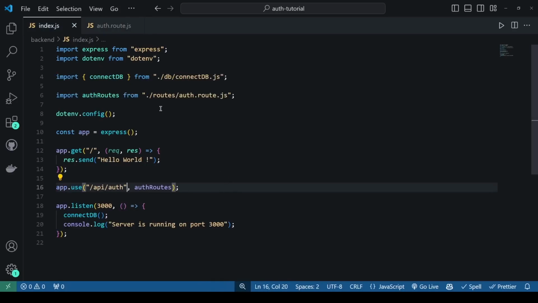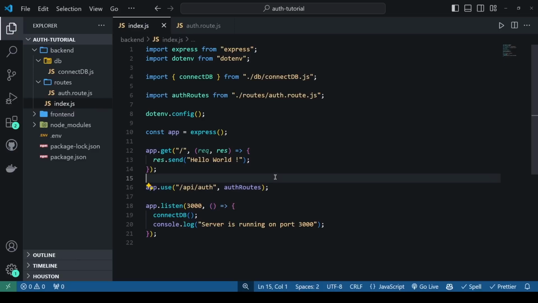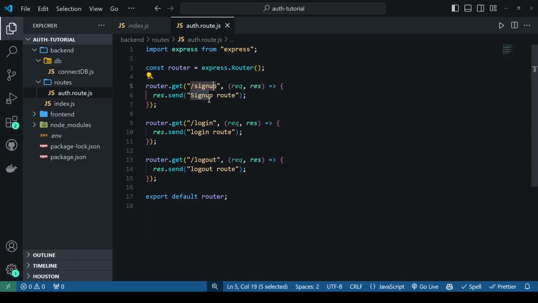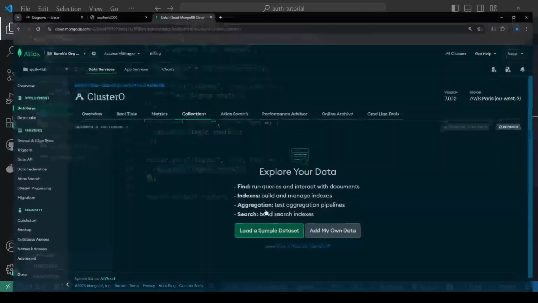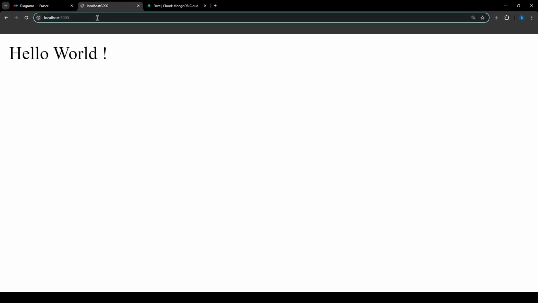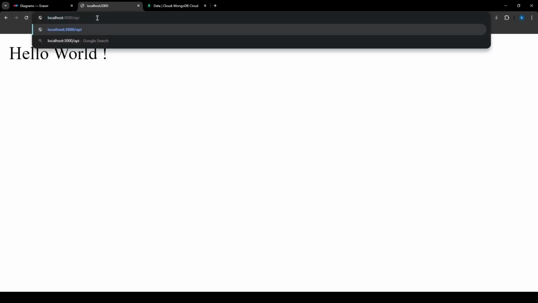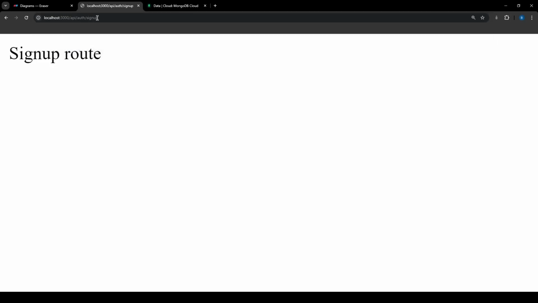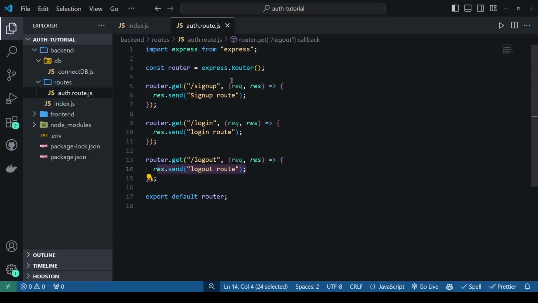Let's just try to see all of them in action. If we visit /api/auth/signup, we're going to get this response, and for the login this, and for the logout this one. Let's see, I'll go here, let's say /api/auth and signup. Okay, here it says signup route. For the login and for the logout, we'd like to create functions for